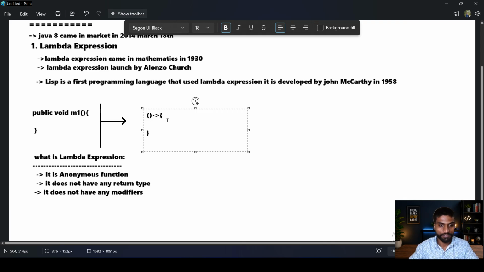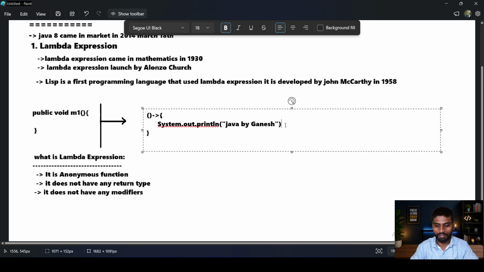Okay. If I write here System.out.println, or here suppose I write Java by Ganesh. Simply the body contains only one line.